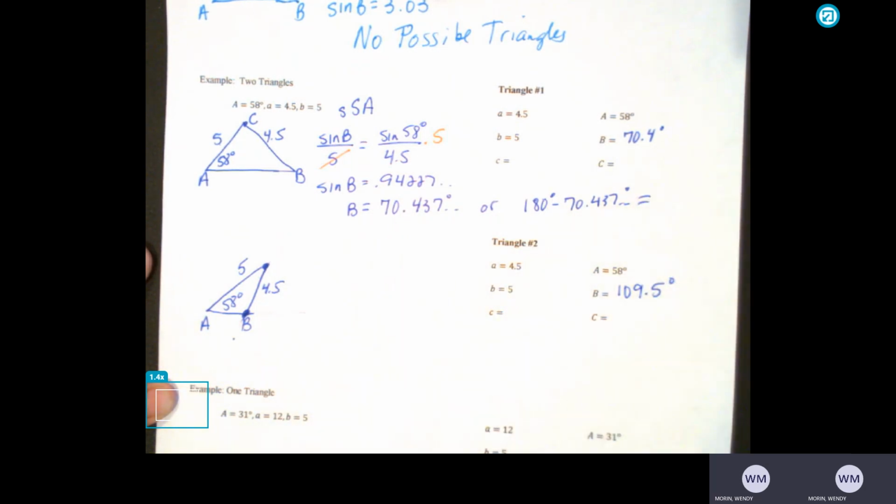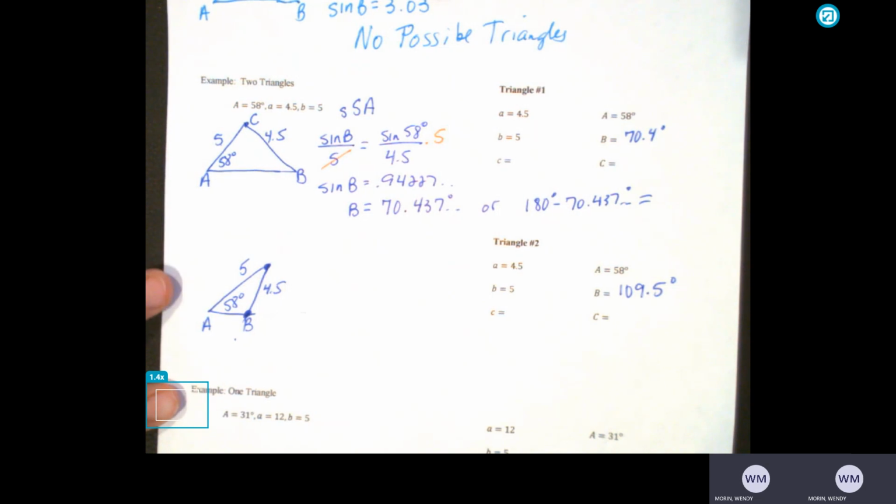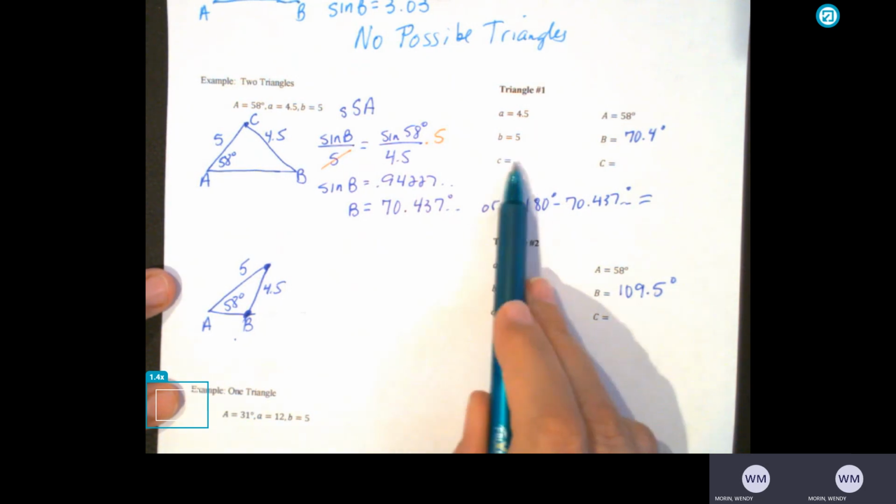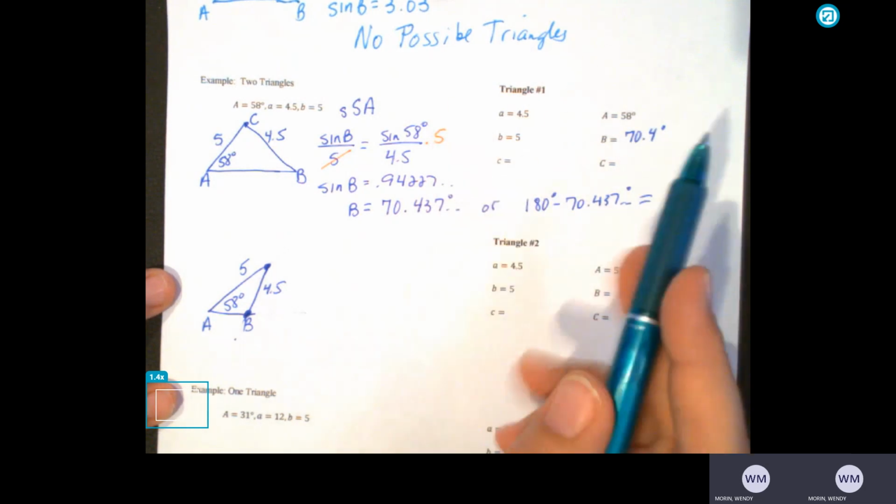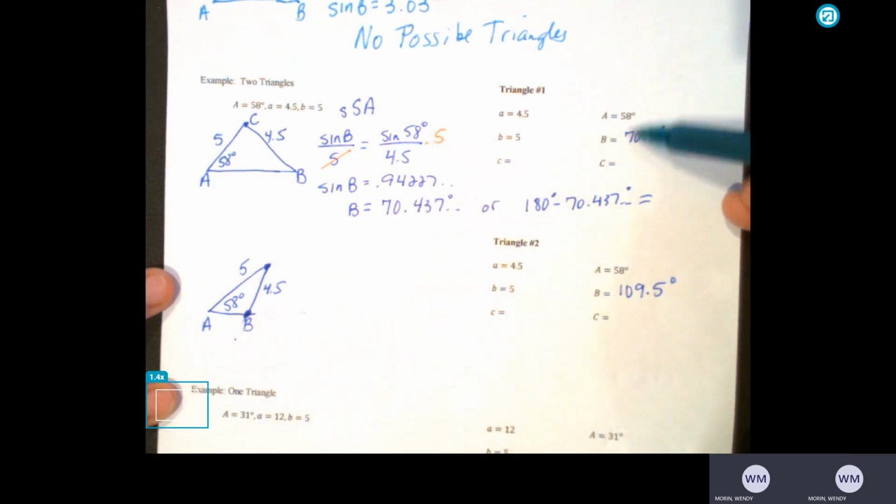which is the 109.5. So you actually have two triangles to solve here. Okay, and that's what we're going to do next. So I still have to finish this right here. So here I know angle A and I know angle B, so I can find angle C